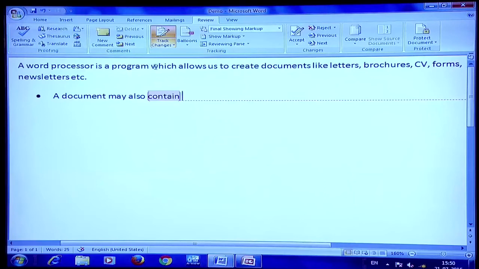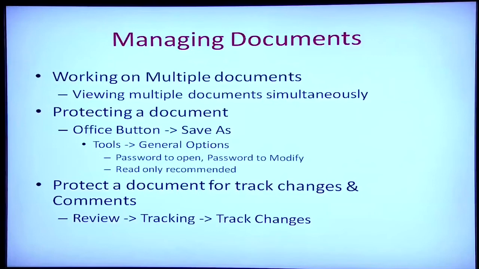Now, that has been replaced by which, and this has been made a bulleted list, and then I can remove the comment also, delete this comment. So, the comment has been deleted. So, this way I can correct my document with the help of someone else also. So, this way we have seen how to protect a document and how to keep track of the changes which have been made to the document.